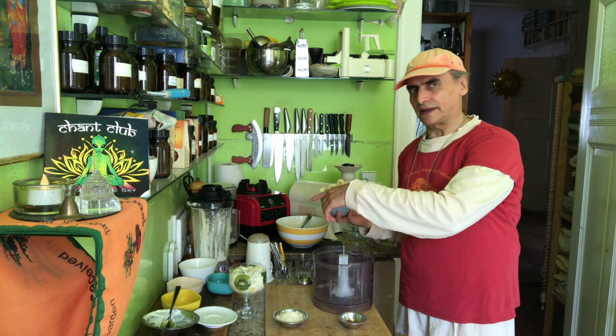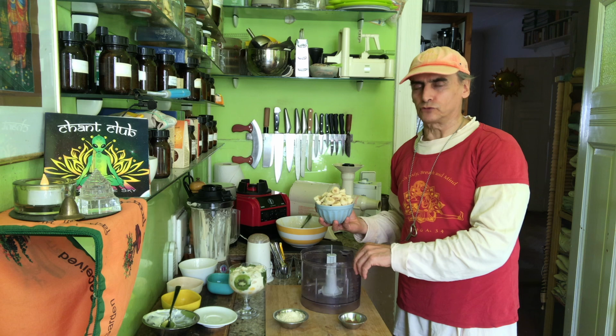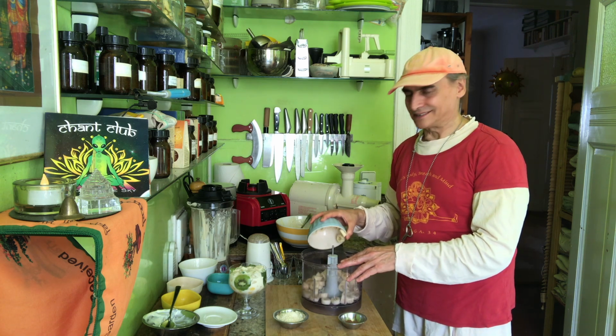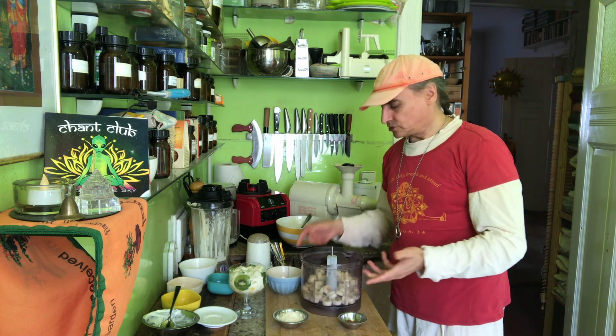But you can try the blender. You have to be a little bit tricky, but you can do it with a blender when you have no food processor. But I have one. I'm lucky. I don't want to miss it anymore. So helpful. It saves time. So the bananas go into the